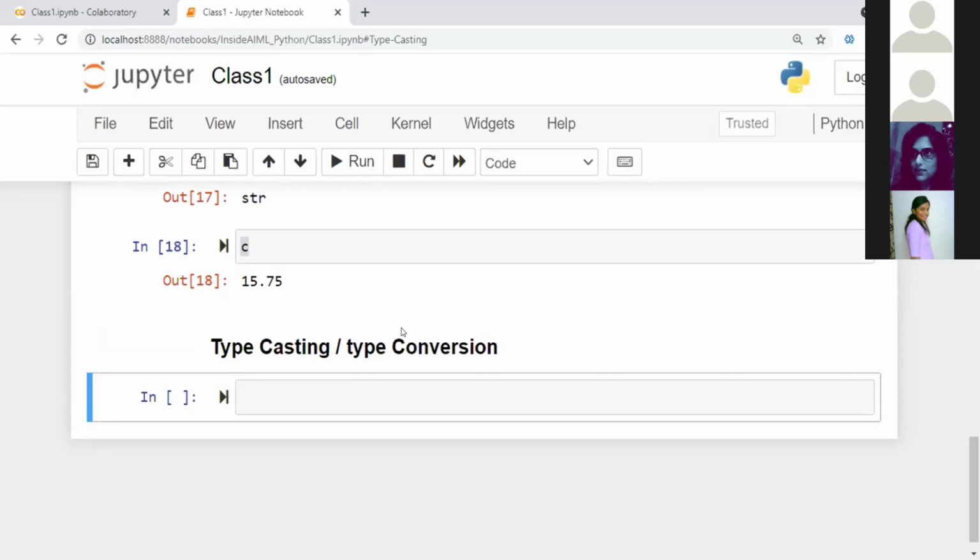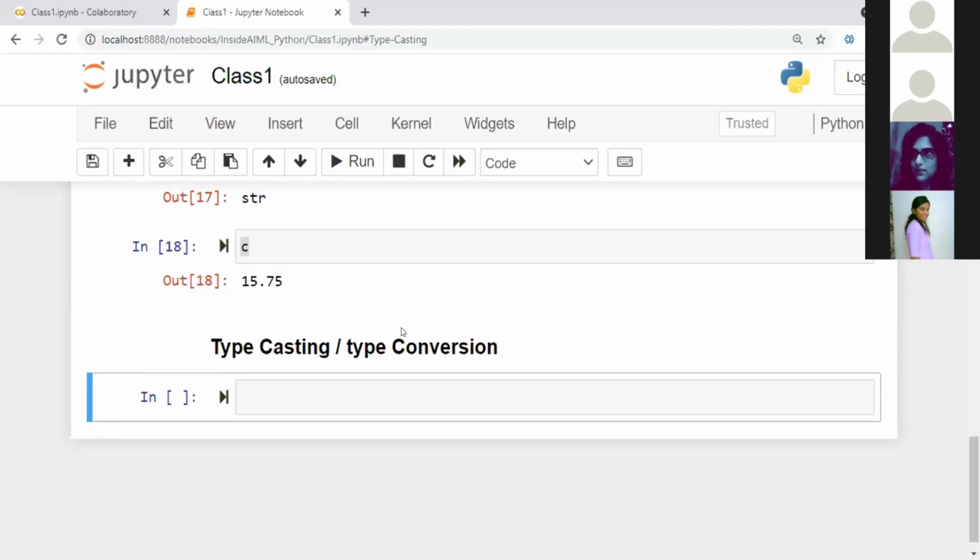Okay, but understand that this is not going to be true always. Let's say you create a variable called z equal to hi. So hi is a string. At no point will you be able to convert a string into a number. Okay, so that is what you should keep in your mind.